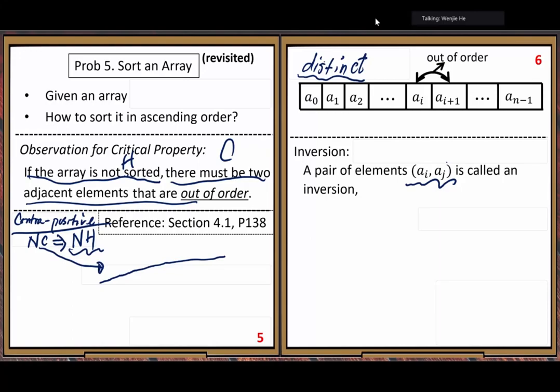Then, if the value of the first element is less than the value of the second element, then we only look at these two elements. We can forget all other elements. So the order between these two elements is the same as the one in the final sorted array, right? In the final sorted array, the order between these two elements must be in ascending order, right? So here you can see, if the first element is less than the second element,